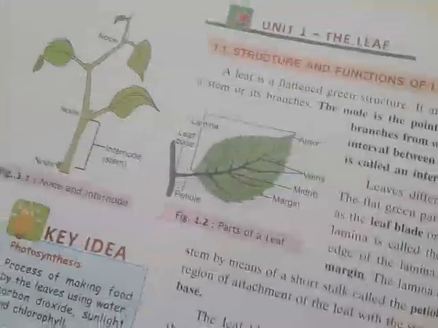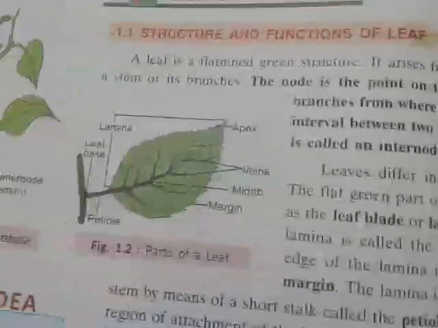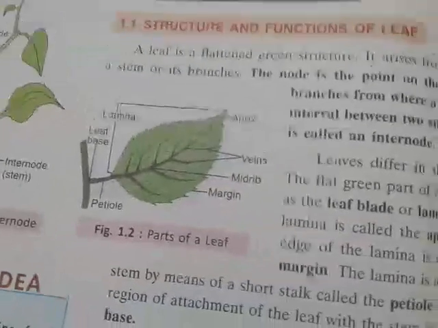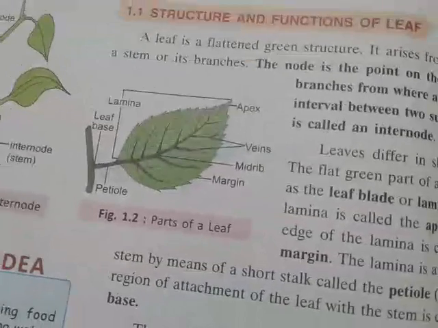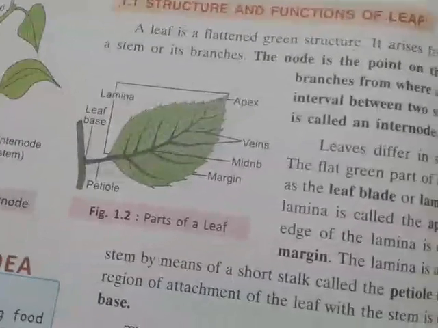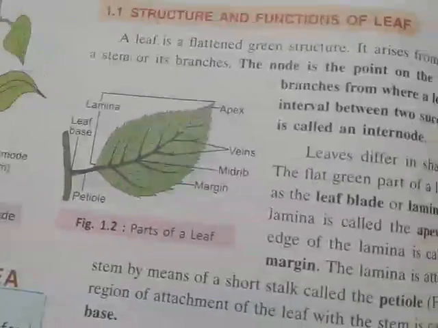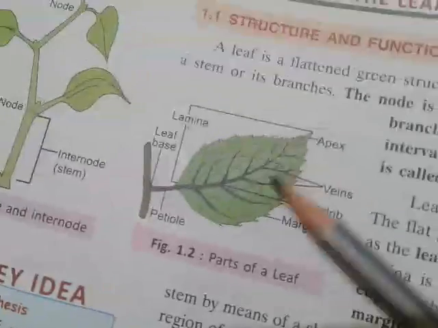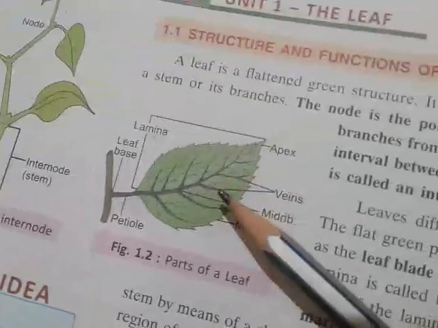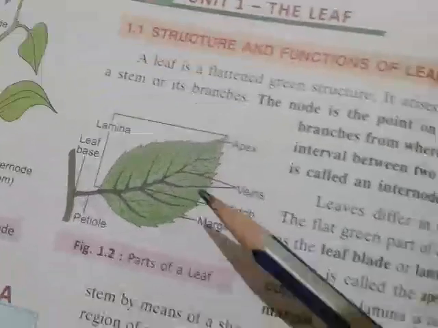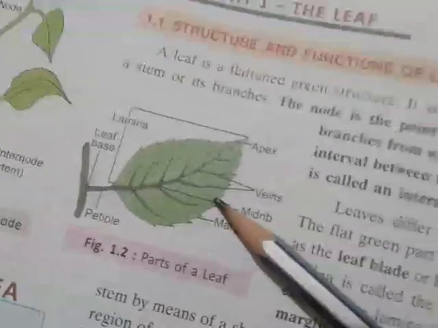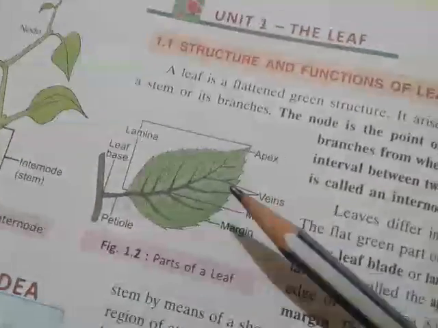Now coming to the point, everybody knows that leaves contain a pigment, and that is the reason for the green color of the leaf, and that pigment actually is called chlorophyll. What is chlorophyll? These are the green portions, and what is the reason for these green portions? The presence of the pigment chlorophyll. So this pigment imparts the green color to the leaves.